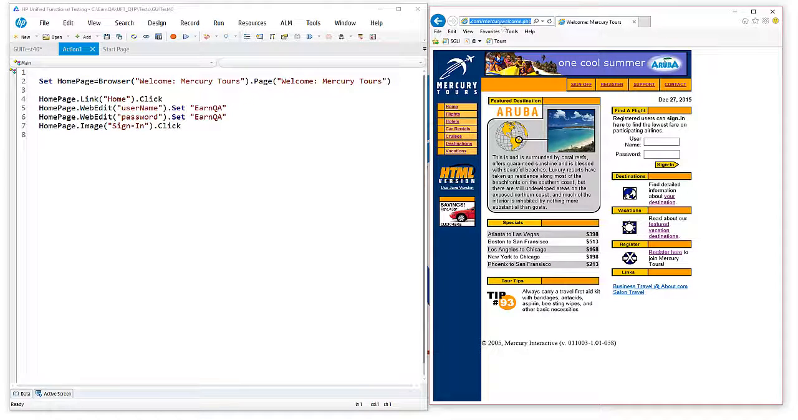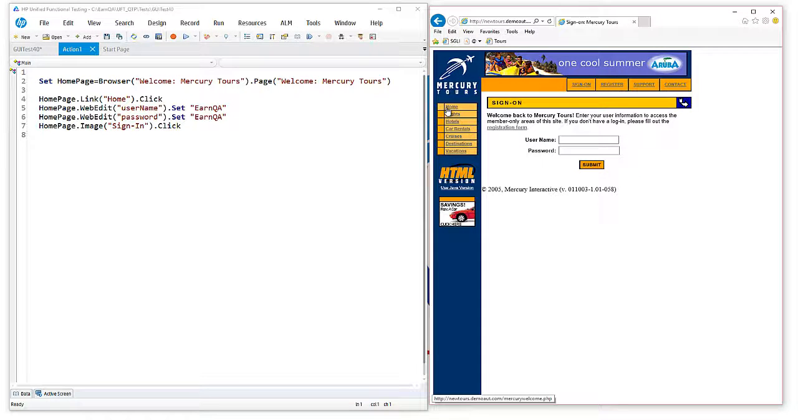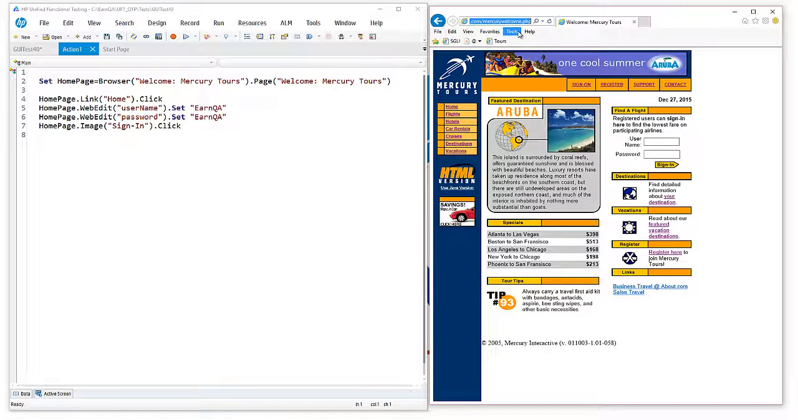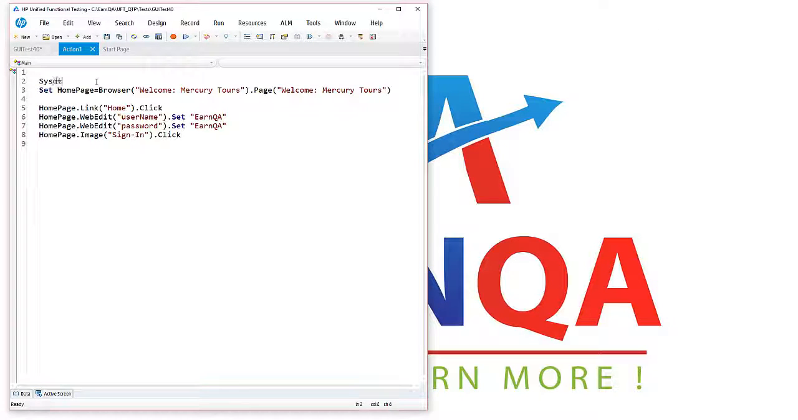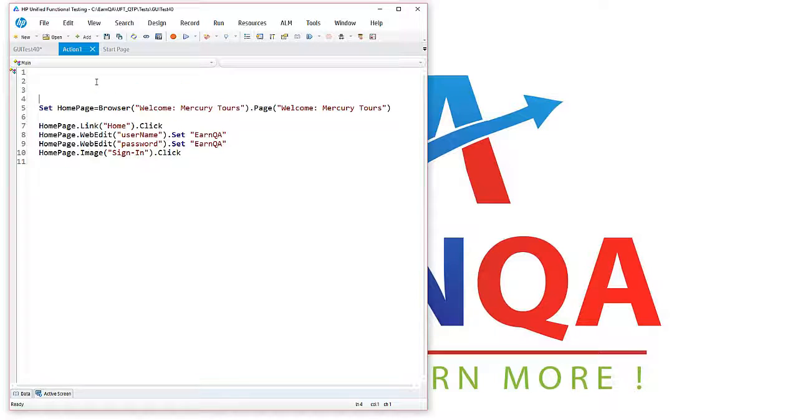How do we do that? Let me write a program to do that. Let me just go and pick the URL, and close this browser. In the beginning, let me use a command called system. So what does that mean? It means that in the beginning,